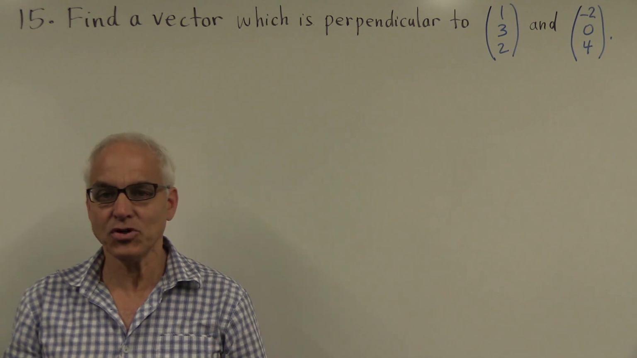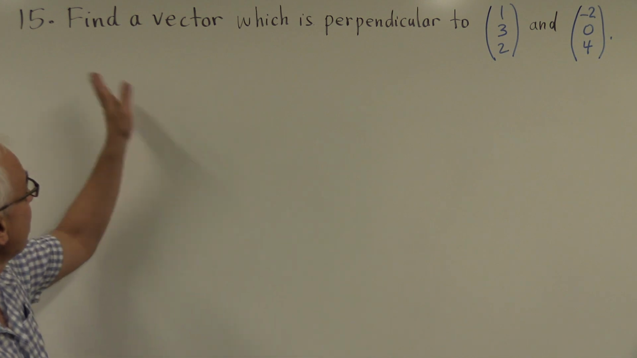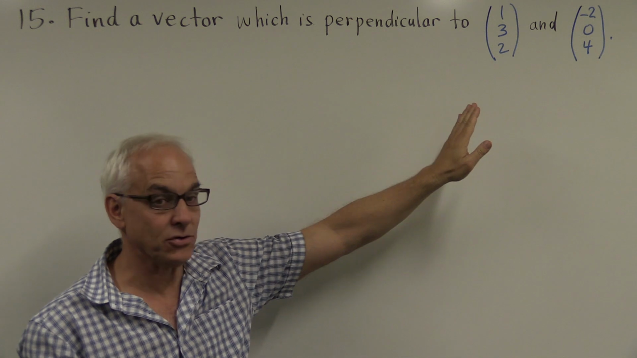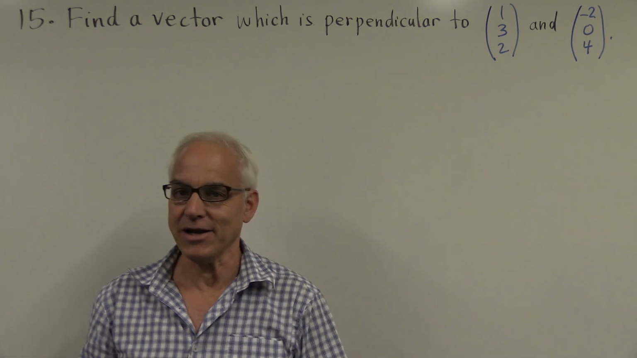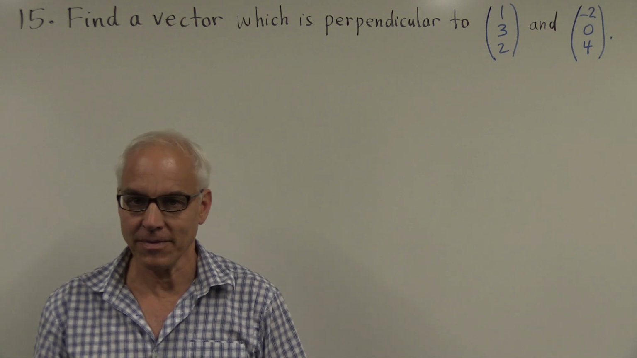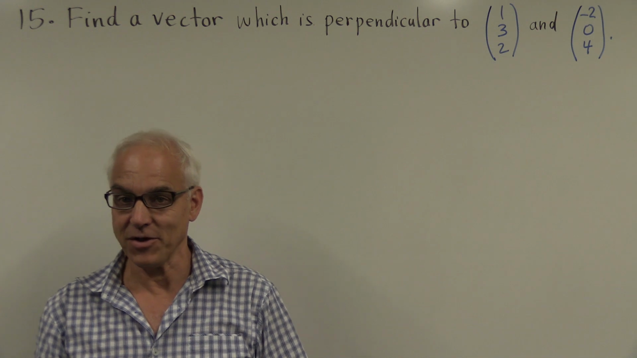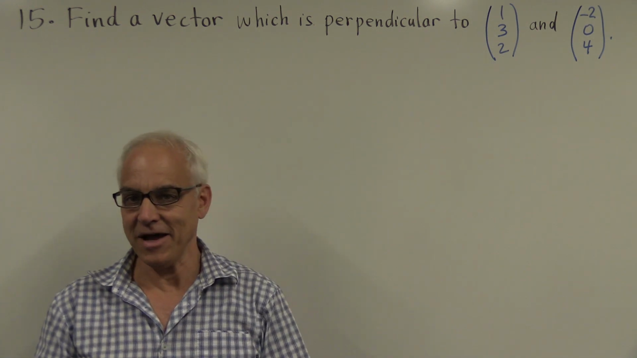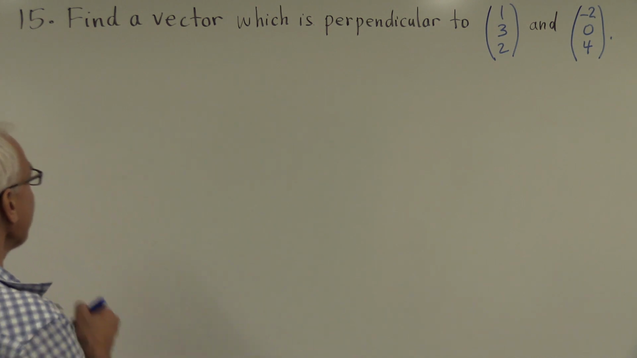We're now in Chapter 2 of the Linear Algebra course, and this problem, problem 15, asks to find a vector which is perpendicular to two given vectors, the vector 1, 3, 2 and the vector minus 2, 0, 4. And what you need to know is the cross product. The cross product is the idea that tells us how to get a vector which is perpendicular to two given vectors. So let me remind you,